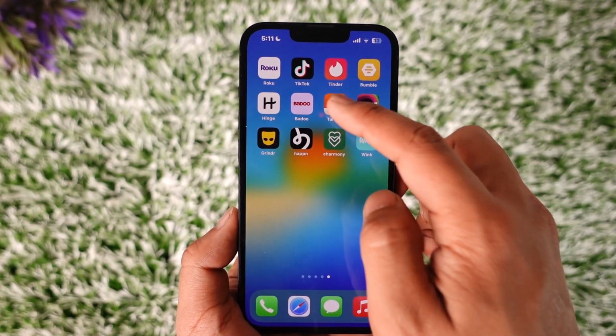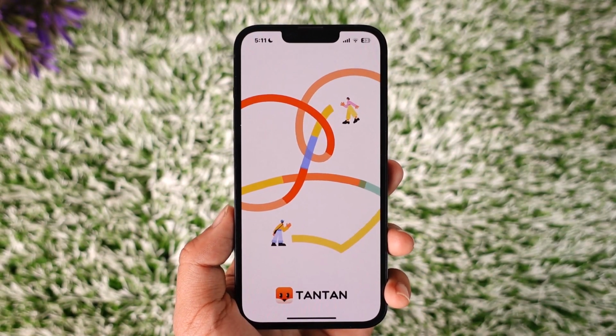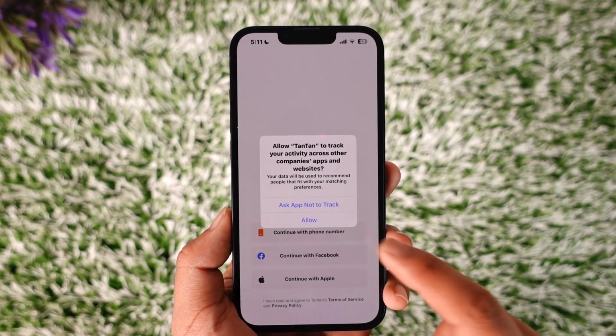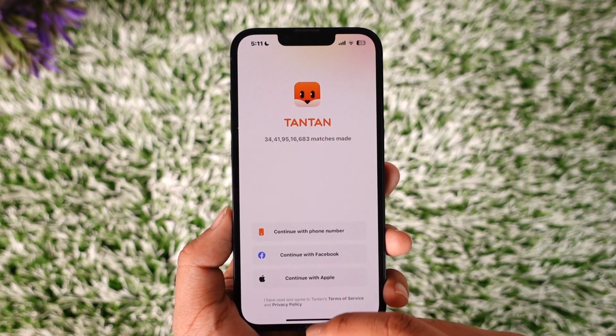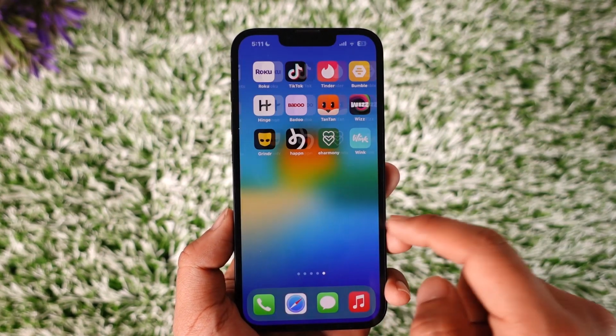In today's video, I will guide you through the steps on how you can turn off notifications for the TanTan application on your iPhone. So make sure to watch the video till the very end. So if you use the TanTan app and for some reason you get lots of notifications which you don't want to receive,